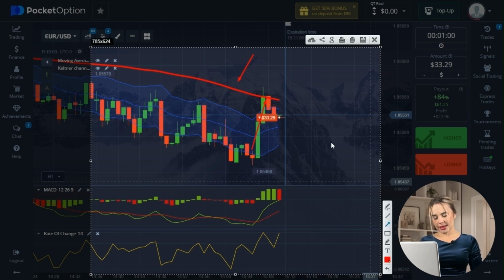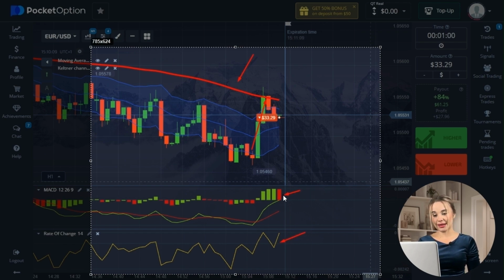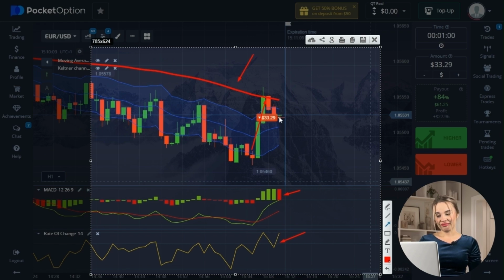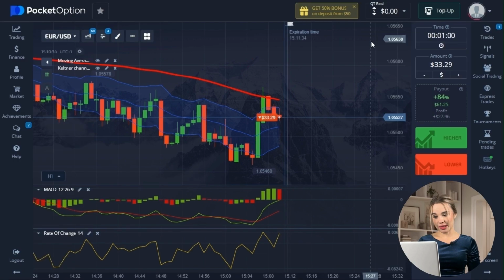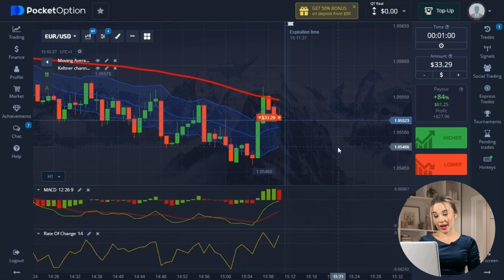Can we consider this a market reversal? In my view, not really. On the one hand, the rate of change indicator crosses the zero mark, but it looks more like fluctuations than a confident movement. At the same time, the red bars in the MACD histogram indicate a downward trend, so I expect the price to return to the middle line of the Keltner channel, and I interpret the current rise as